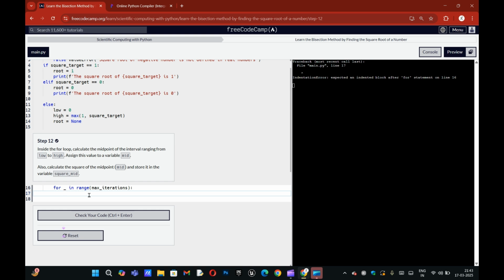Calculate the midpoint of the interval ranging from low to high: mid equals. Then calculate the square of the midpoint and store it in the variable called square mid.